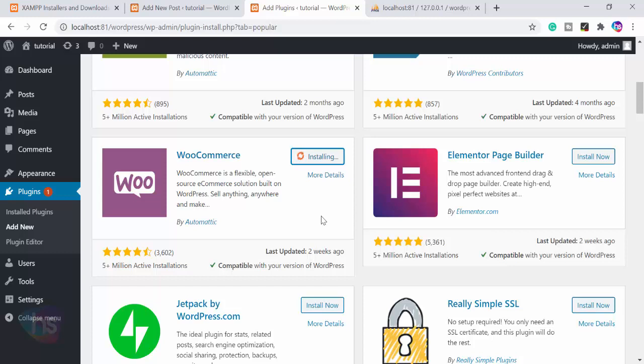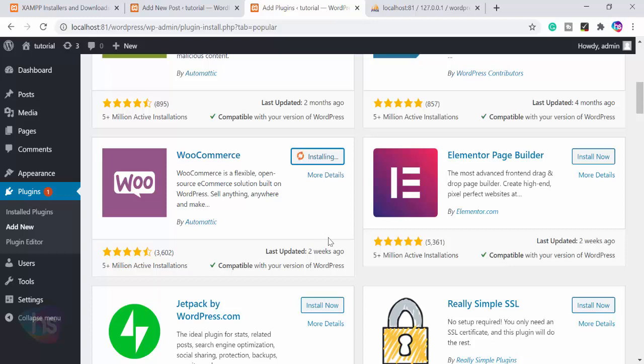All right, we'll spare a couple of minutes while we watch this installation. Once WooCommerce is completed, you will have all its facilities. But you should be comfortable checking that WooCommerce is a flexible open source e-commerce solution where you are putting in real-time data and accounts. You have to take care of your security aspects. For that, consult a security expert about what security measures you need to take concerning where you are hosting your web application.